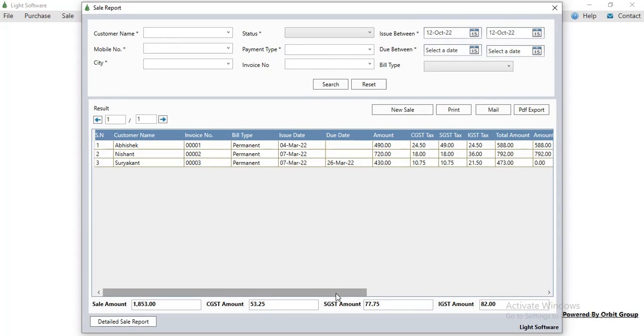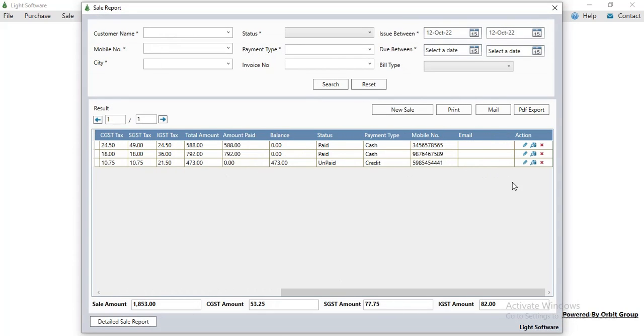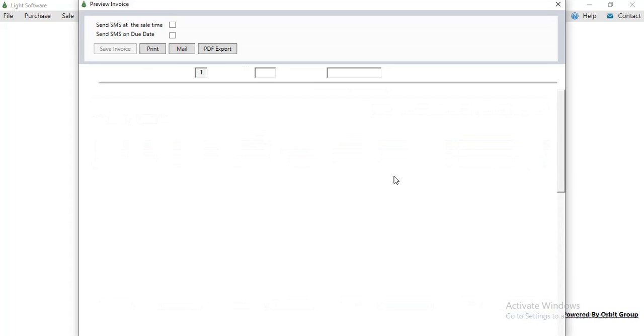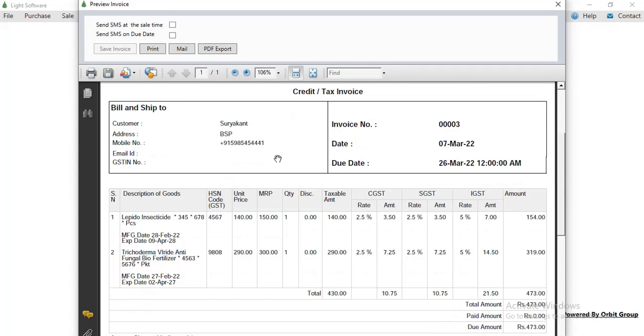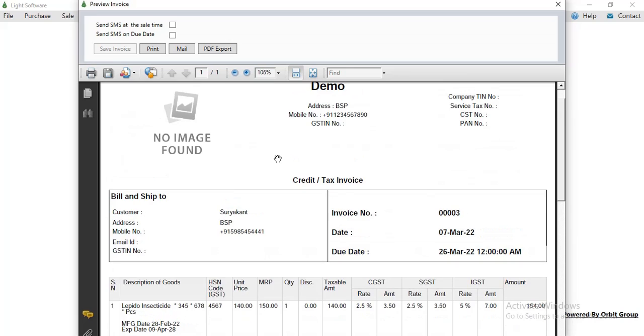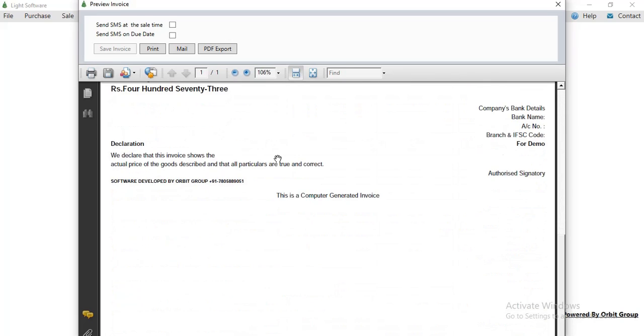Let me show you the record of the sale and the invoice. Here you can see the invoice of the sale. It will look like this. You can print this invoice,